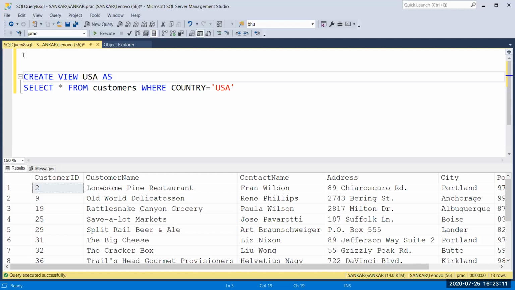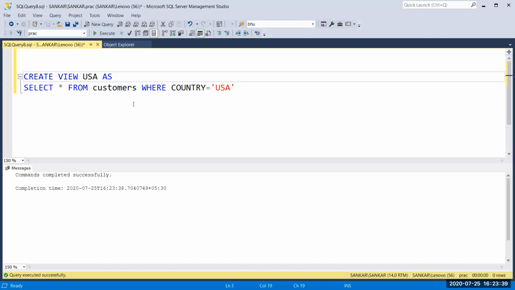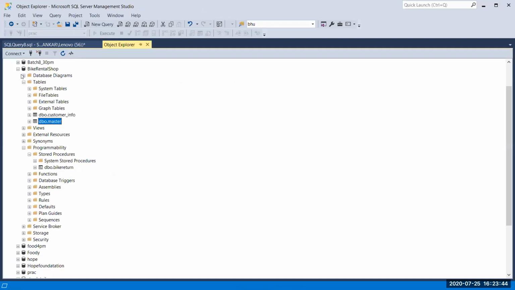Whenever you want, you can call USA and fetch the details. For this query only, it creates a virtual table with only the columns you have mentioned here. I'm going to run this. Now the view has been created. I'll show it in the object explorer.